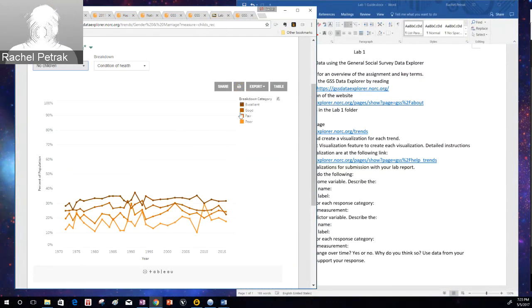They are listed here in the breakdown category, and the 4 levels for condition of health are excellent, good, fair, and poor. And you can see how they're across the graph. And what we're looking at right now is the number of children, right? And then, but if we change